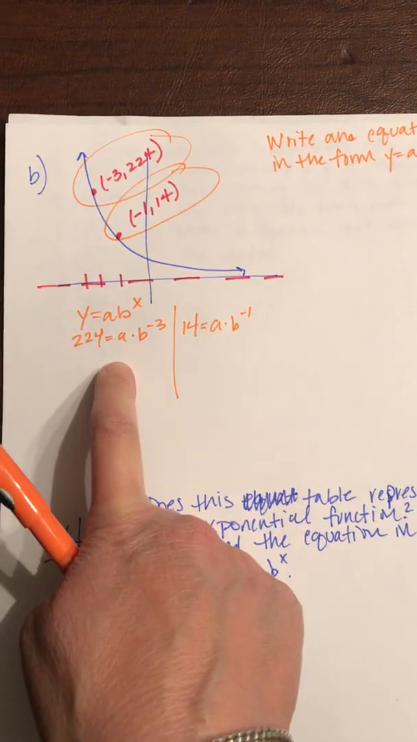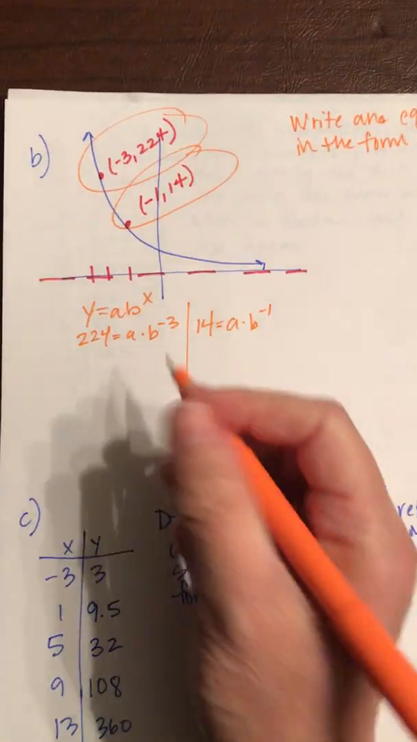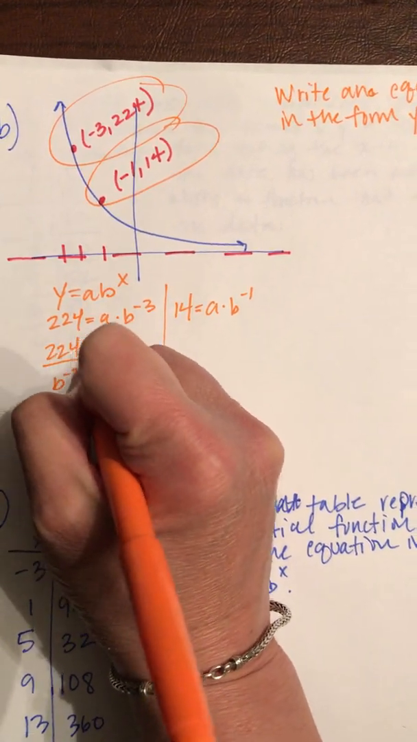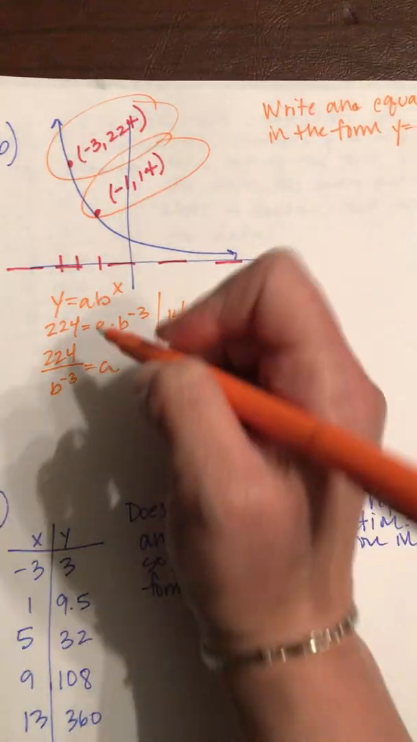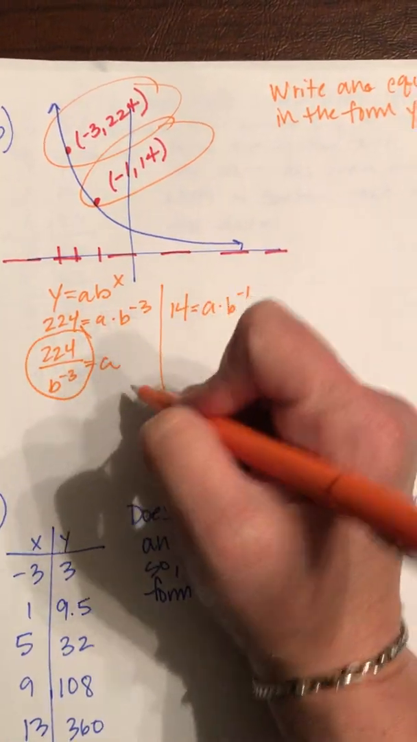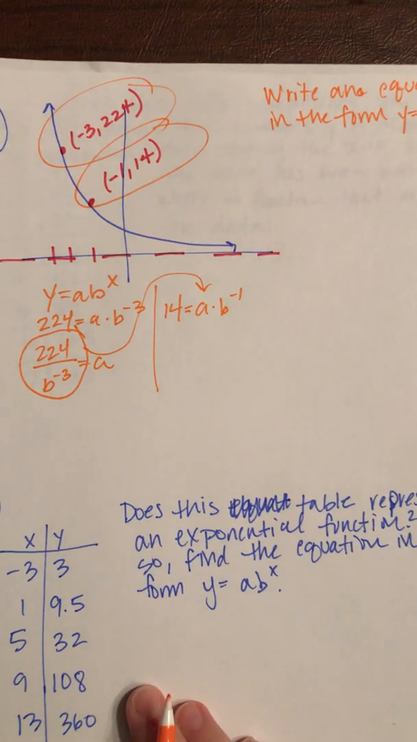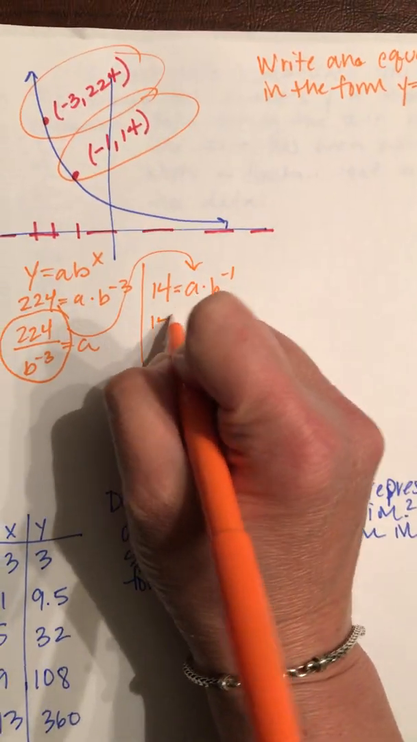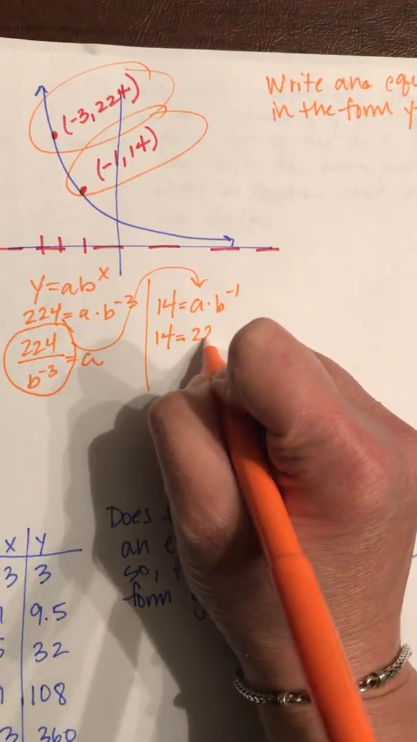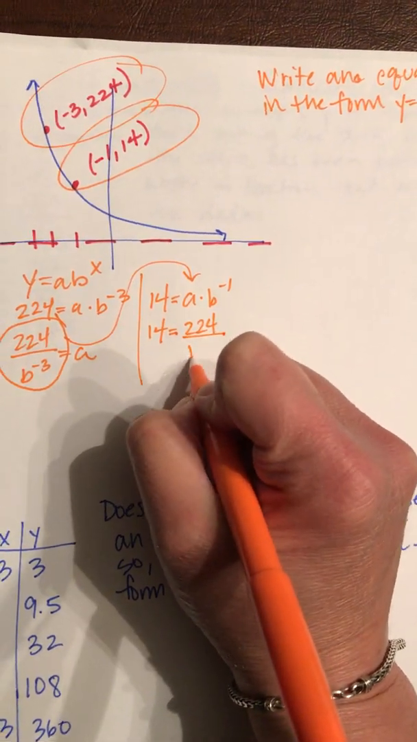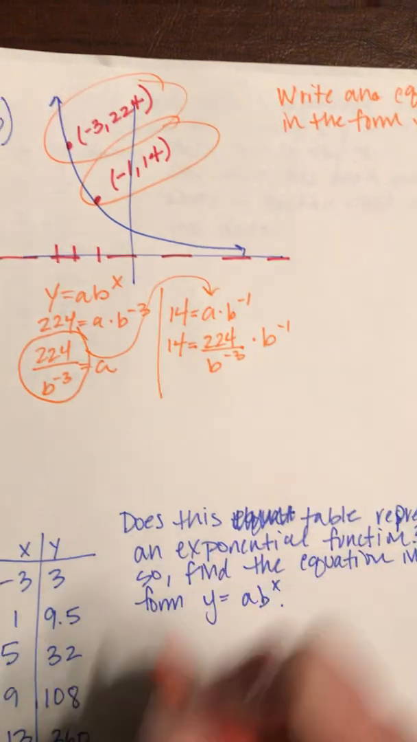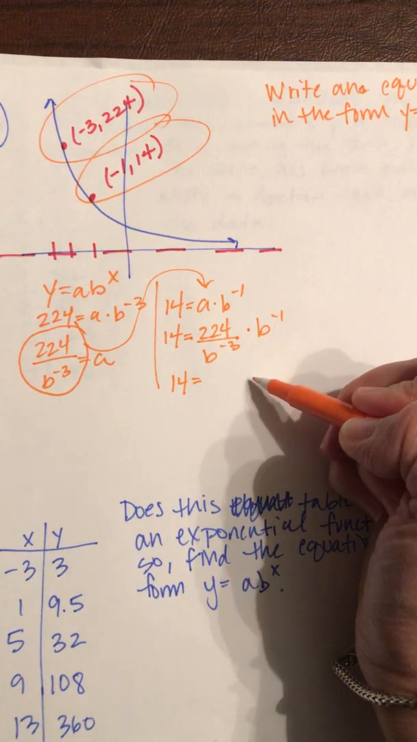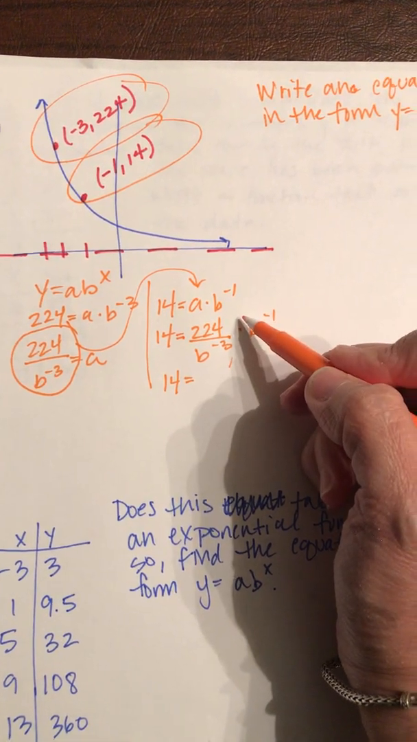If you remember, that's basically a system. I'm going to use substitution and solve this system. It doesn't really matter which one you use. I'm going to solve this equation for a. Now we take this a value and plug it into my other equation, and I'm going to end up solving for b. So I get 14 equals 224 divided by b to the negative 3 times b to the negative 1. If I do the algebra here, the b to the negative 1 comes to the bottom, and the b to the negative 3 comes to the top, I would get